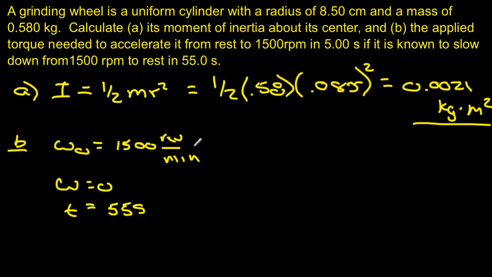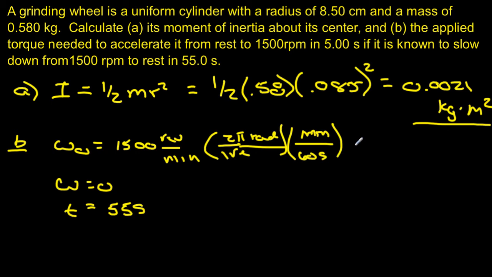Okay, so we have to change this first. One revolution is 2 pi radians, and in 1 minute, there are 60 seconds. So if we multiply that all out, we get 157 radians per second. So we have an initial velocity, a final velocity, and a time, so we can find the